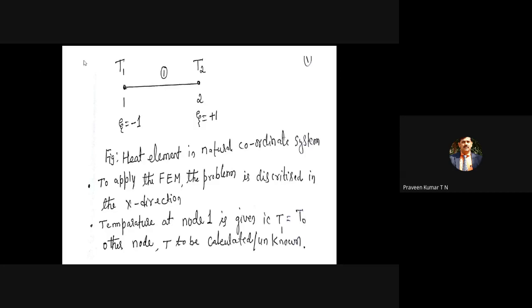Once you know the temperature at node 1 by using that global equilibrium equation, as you have already done so many problems, we can get the value of Q1 and Q2 for the bar element. Once you know the value of Q1 at node 1 and Q2 at node 2 by using KQ is equal to F equation, we can find out the displacement, in our case temperature, at any point by using the interpolation function. This is simple mathematical interpolation: once you know the temperature at node 1 and at node 2, we can find out the intermediate temperature once we have the interpolation function.